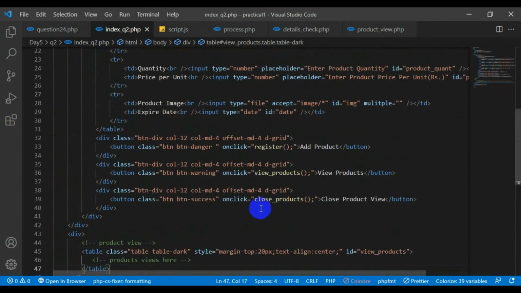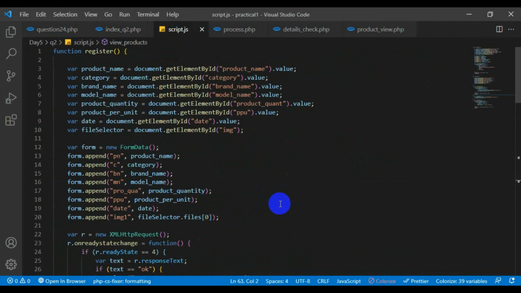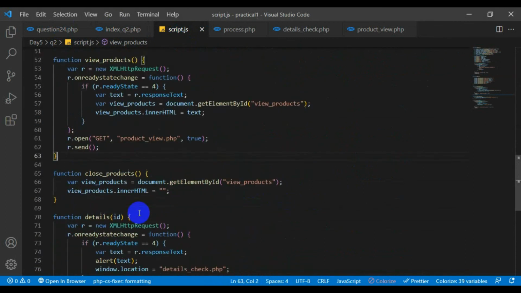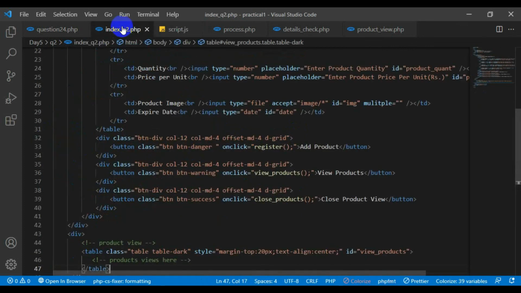I called upon the close products function in the script.js, and what happens in the close products function is, the content which is inside the table, I have used the tag to identify it as view_product, and I have used innerHTML to set the view products content to null. There's nothing inside the table now once this is called. So that's the coding behind this interface which I designed.